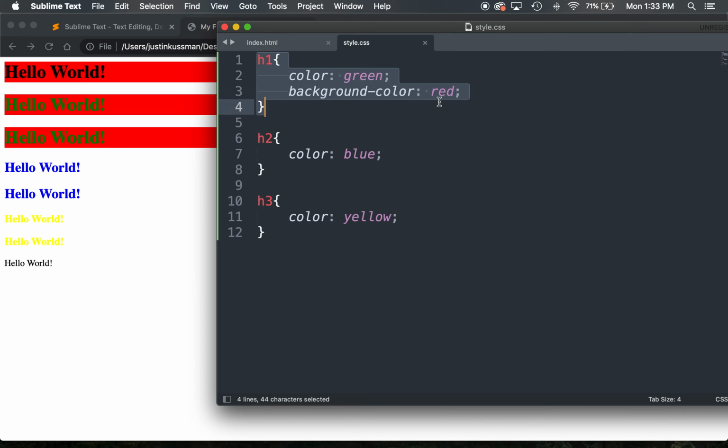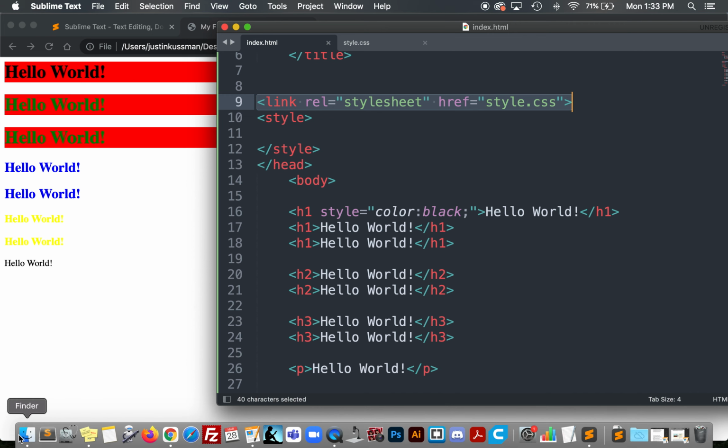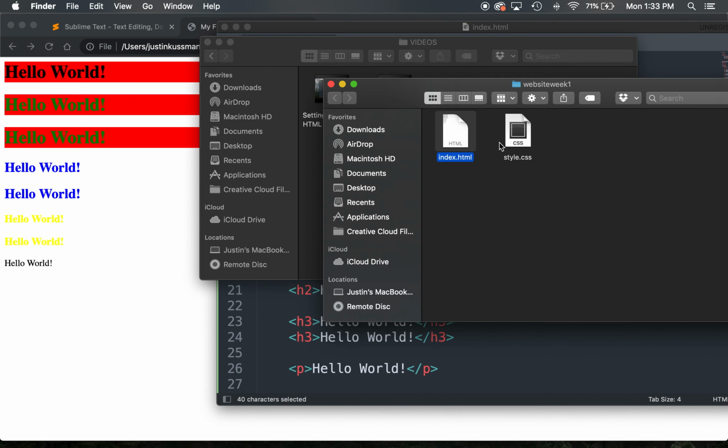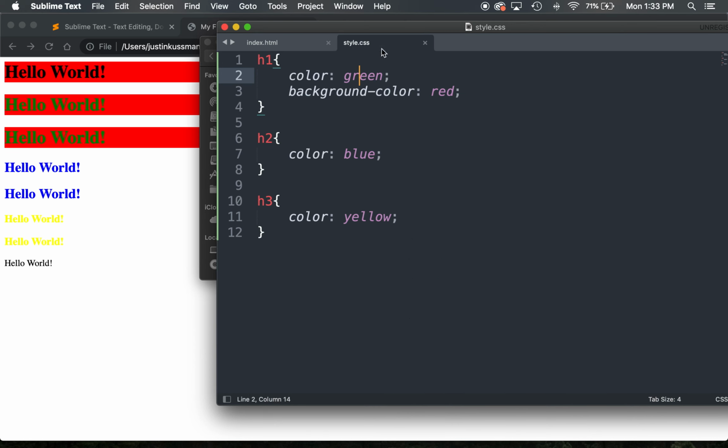In this external style sheet, I'm just writing these styles. I just wrote a plain old H1, curly bracket, the attribute, and then the value of that attribute to change. And since I have added this link rel style sheet, and a link to that style sheet, it is actually accessing that style sheet from my folder. And globally, any page that I make in my website, not just the home page, any page I put this link rel style sheet into, it will catch this global external style sheet